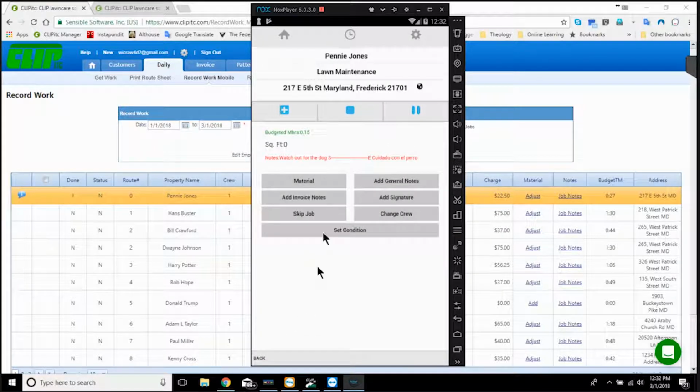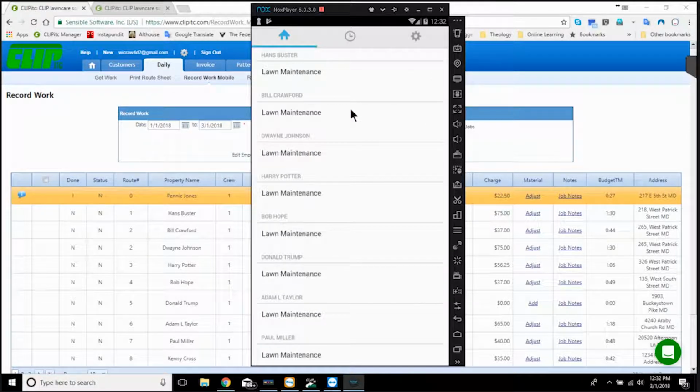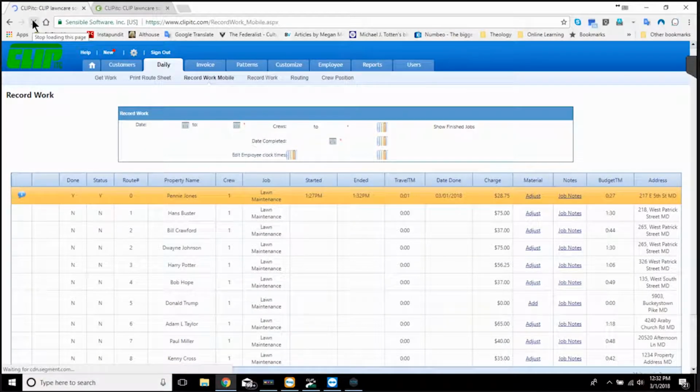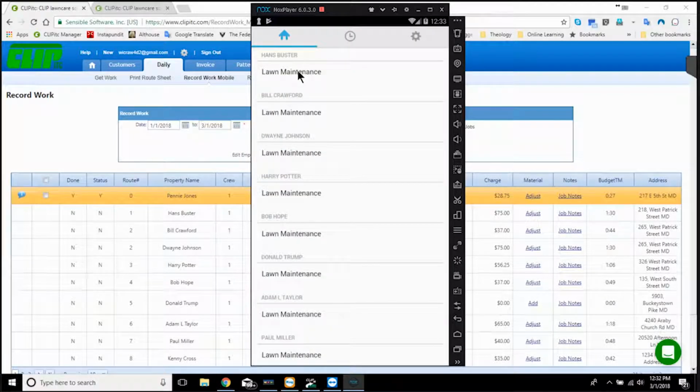All right, so now they are done at Penny Jones, and then you click the little stop button here, and now this job is finished. And notice it's no longer on the list, but now Hans Buster is at the top. Back in the office, you refresh the screen. And you see they're done, 12:27 to 1:32. And if they start Hans Buster,